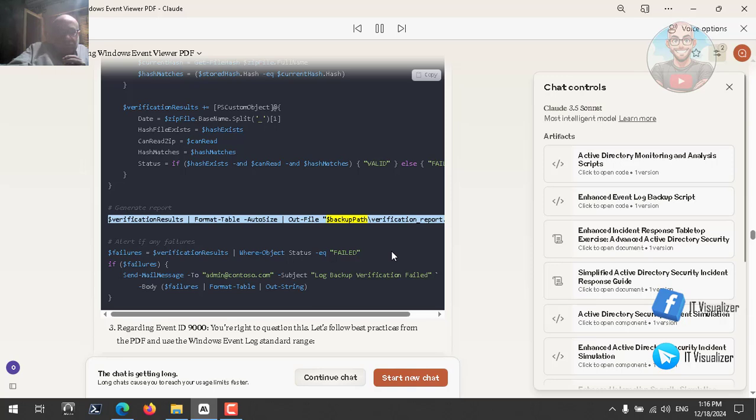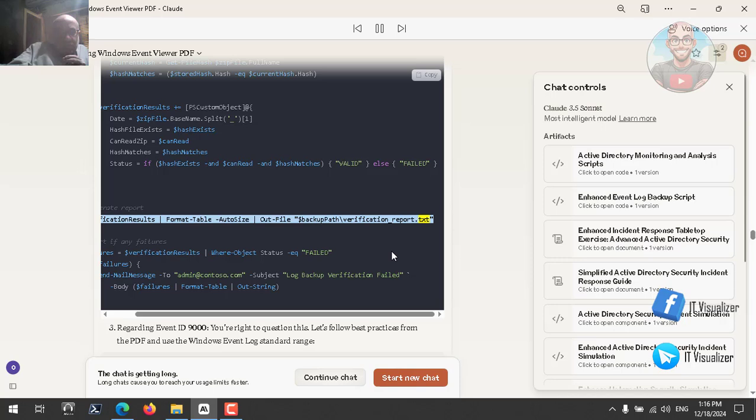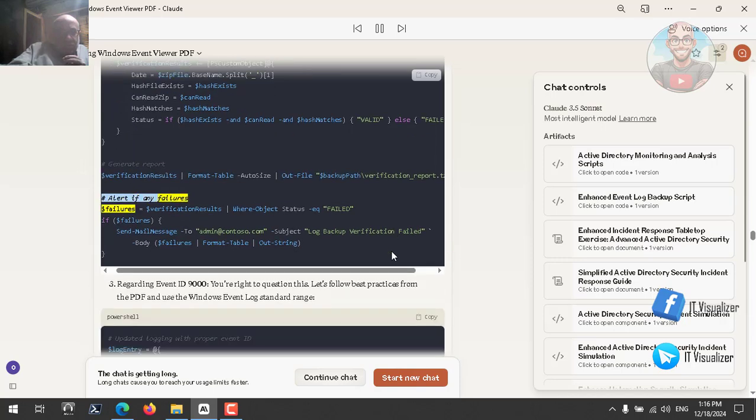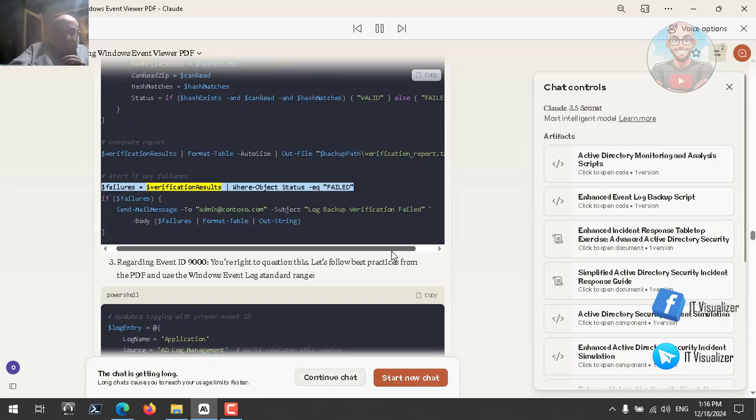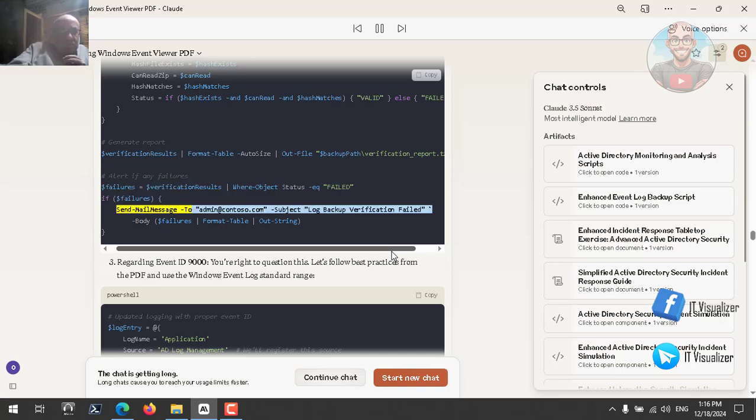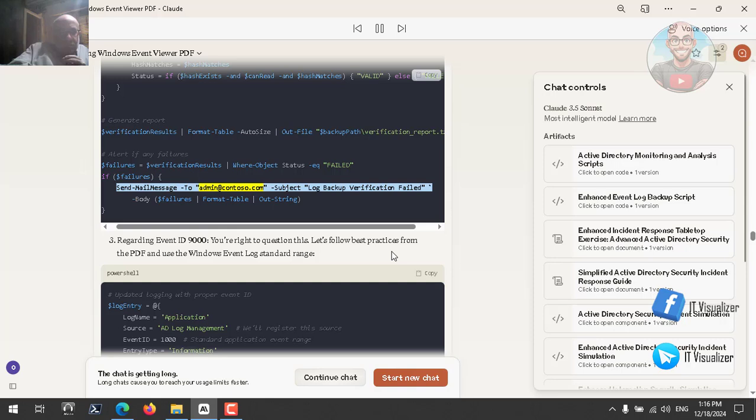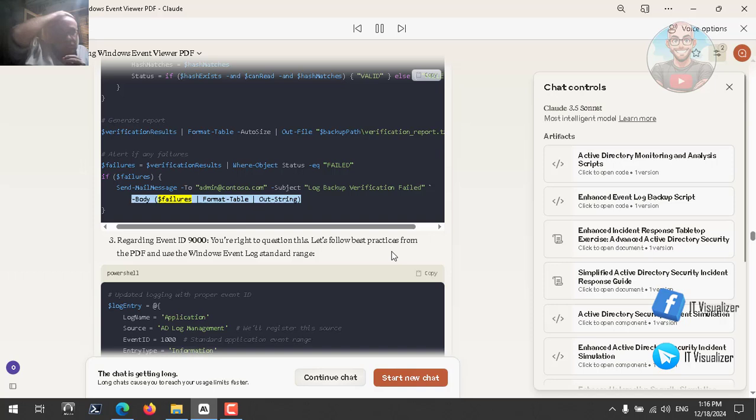"$backupPath/verification_report.txt" # Alert if any failures $failures = $verificationResults | Where-Object Status -eq "Failed"; if ($failures) { Send-MailMessage -To admin@contoso.com -Subject "Log backup verification failed" -Body ($failures | Format-Table | Out-String) }